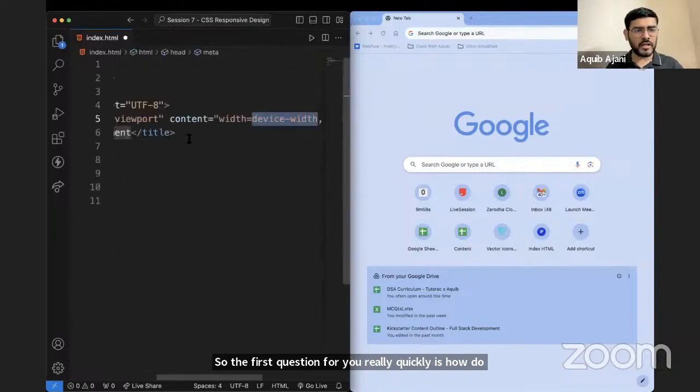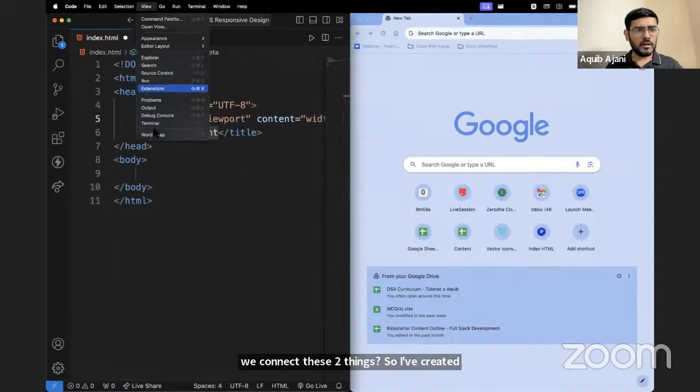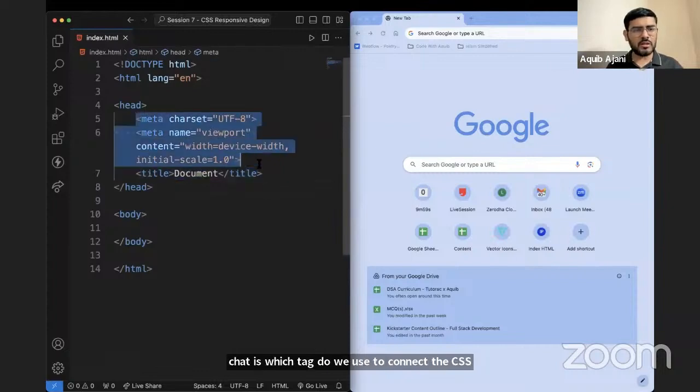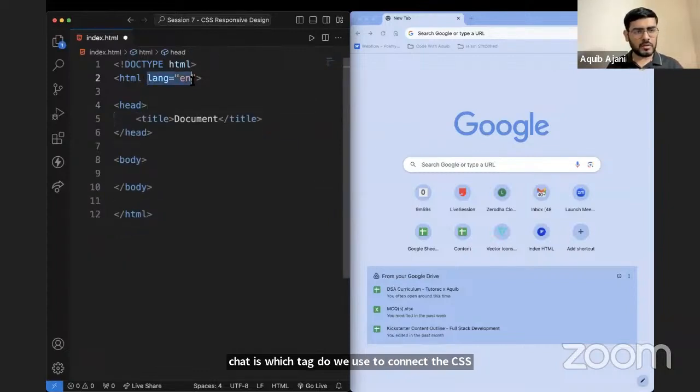So I've created the HTML boilerplate here, right? This is in place. So the question for you in the chat is, which tag do we use to connect the CSS to HTML using external styling? So let me get rid of everything that we have not discussed. And let's say project CSS,